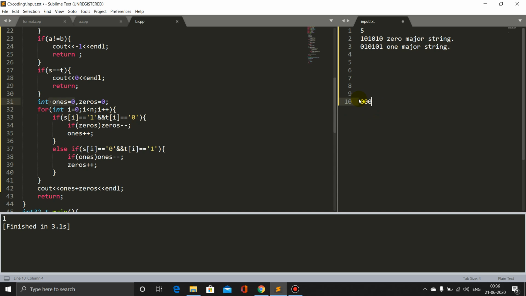If Si is 1 and Ti is 0, we are looking at this part, this string and this string.